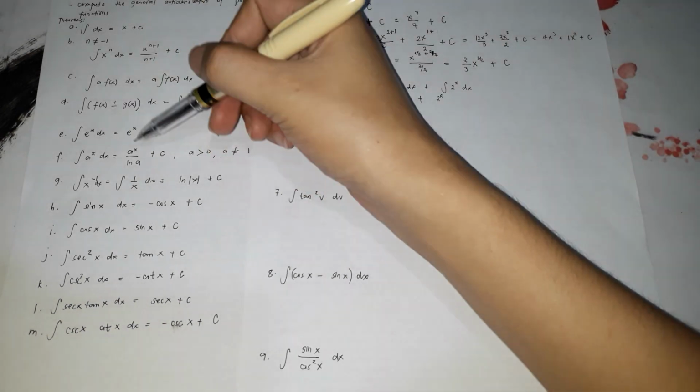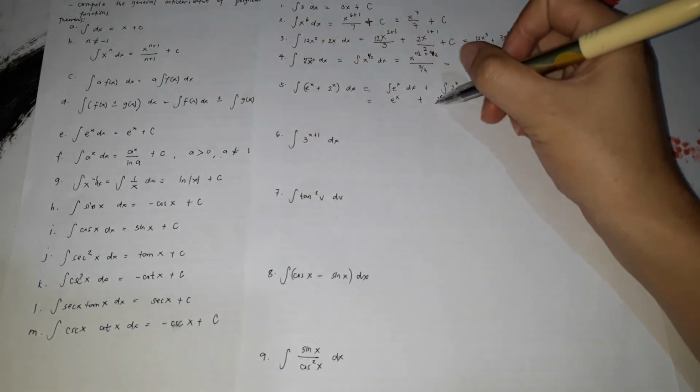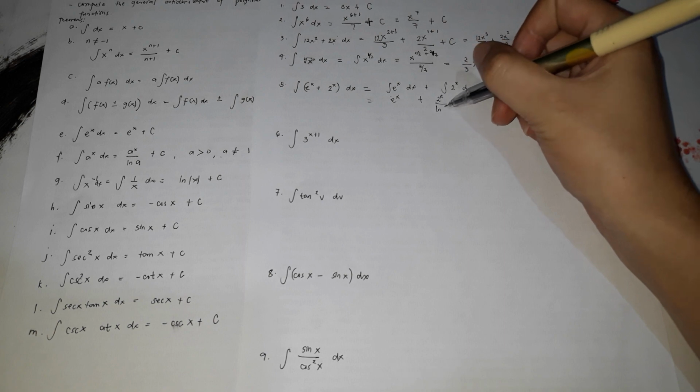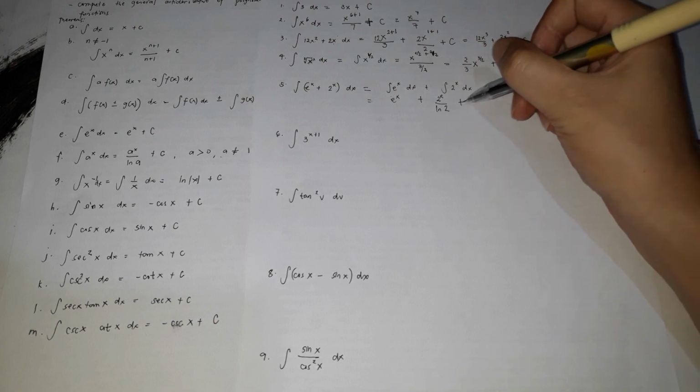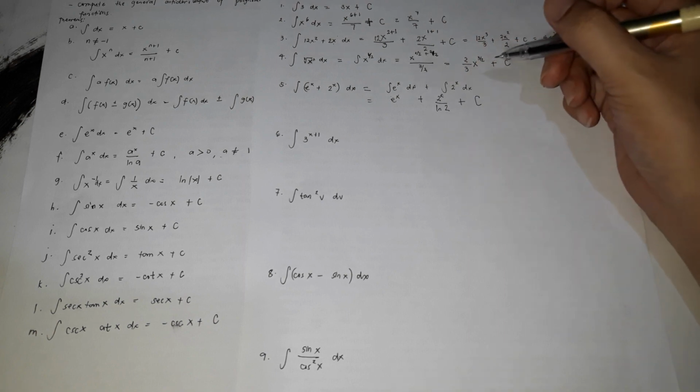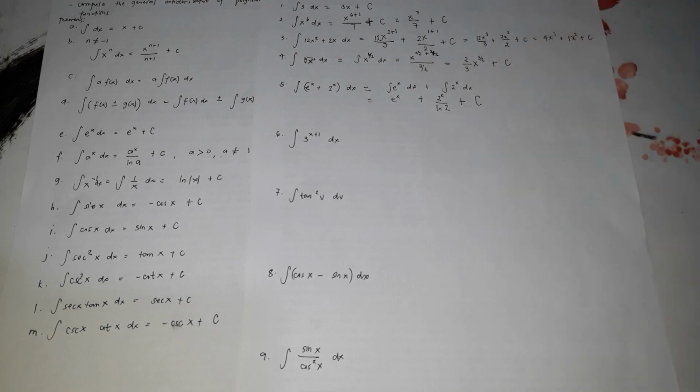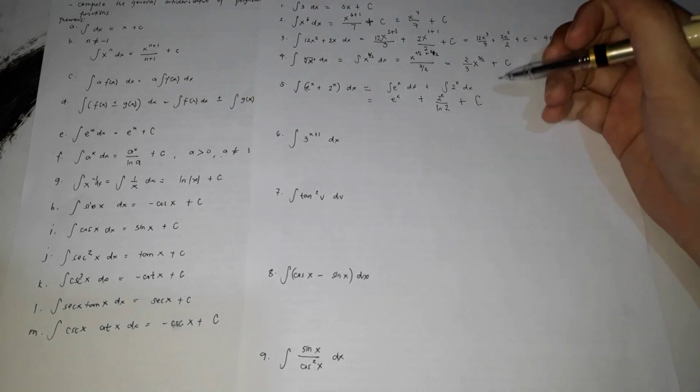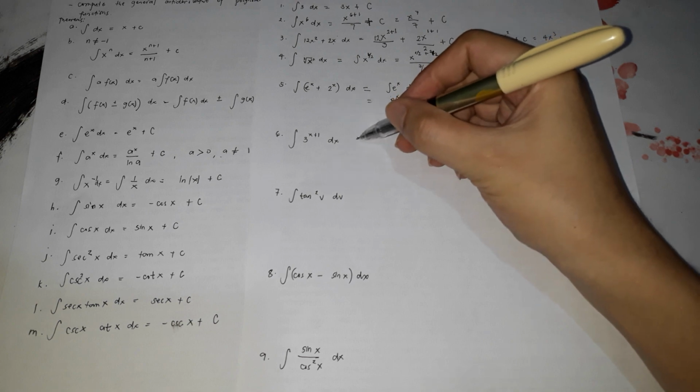So a to the x over ln of a. ln of a, which is ln of 2. So that's the answer, plus always add c because we're looking for the general antiderivative. So plus c. So this is the answer. For number 6,